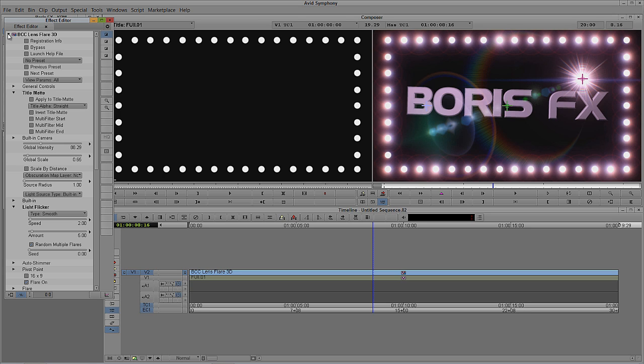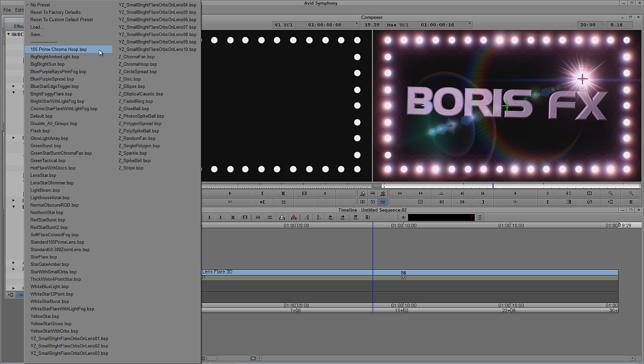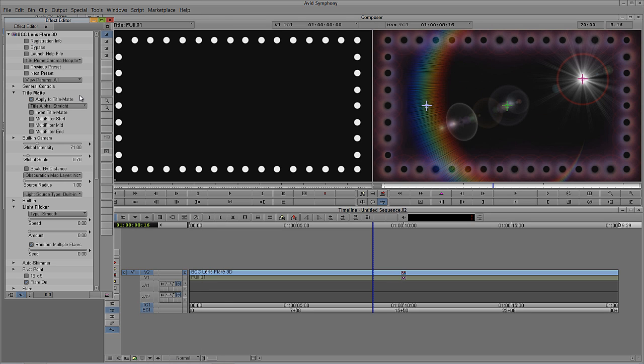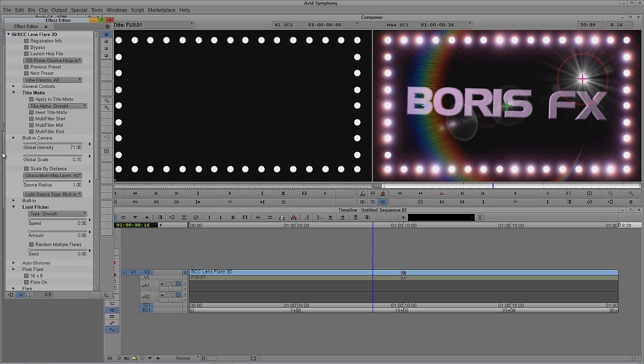Now, one thing that I want to point out here, and I'm going to go back to the preset that I just created here, the 105 prime Chroma Hoop effect, or the lens flare preset. Once I select it, you're going to see I get a very weird look. What's important to remember is that when I save that preset out, it's going to remember everything involved in that preset. And in this case, when I created that, I had the lens flare applied to a title mat. Now in this case I don't, so what I need to do is simply turn that off and everything will